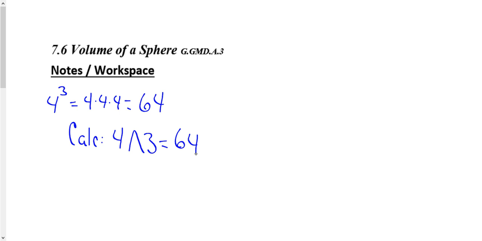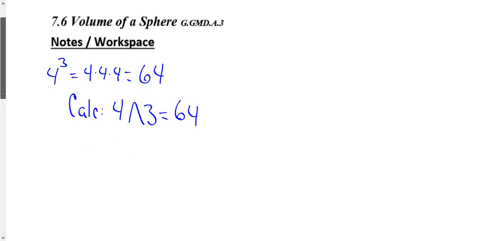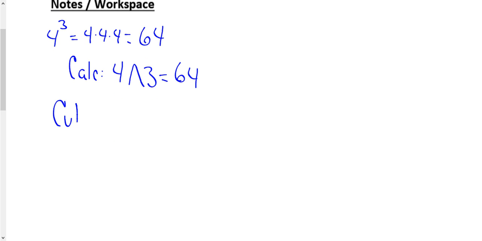Now, we know what undoes squaring, right? Square root. What undoes cubing then? Cube root. Not square, cube root. So we have to change what's called the index here. So for cube root,